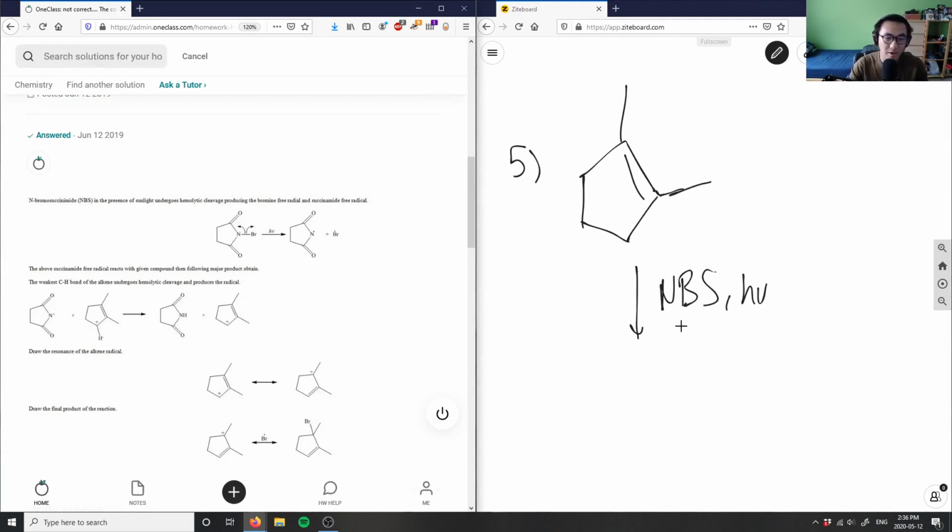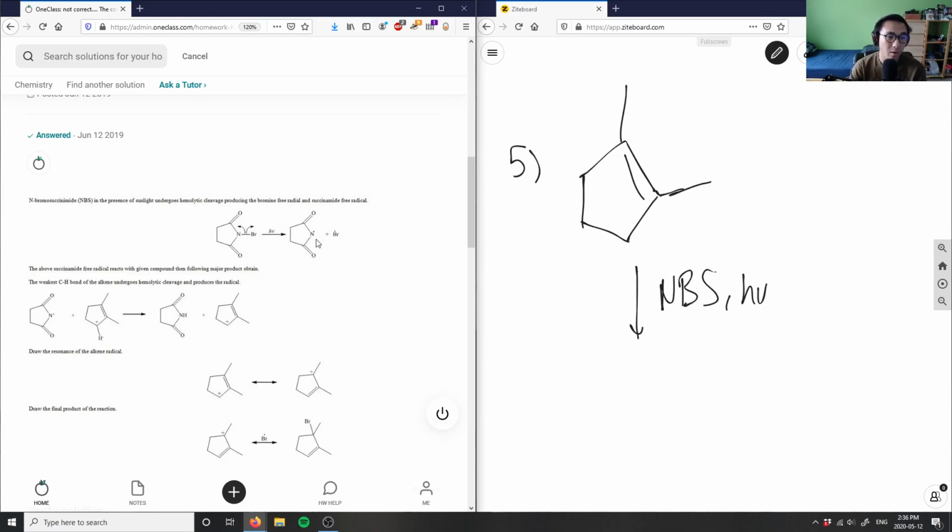I really don't want to redraw it. It is pretty complicated. But what it's going to do is this here is NBS, N-bromosuccinimide. It's going to undergo radical halogenation. So this hv here is the ultraviolet. It's going to break up this N–Br bond. This would be just our nitrogen radical here and our bromine radical. And what these two radicals do is going to break up